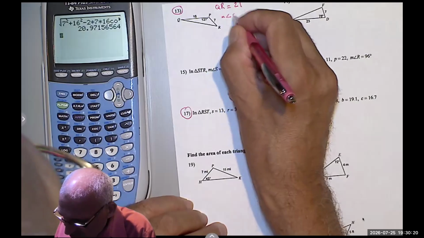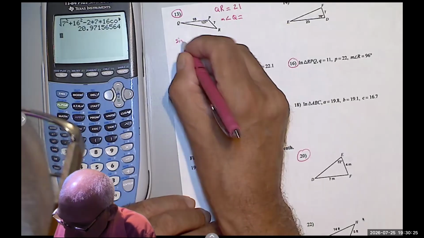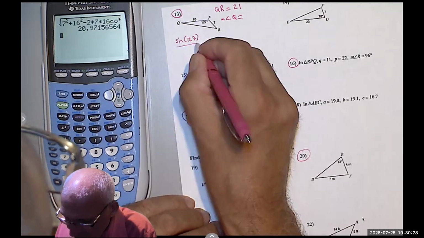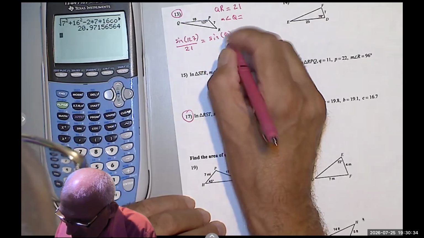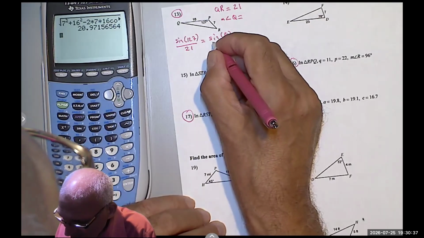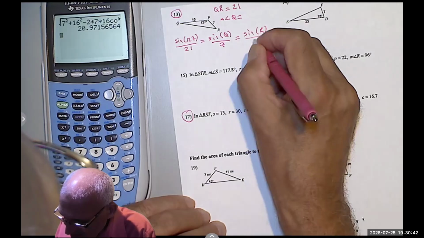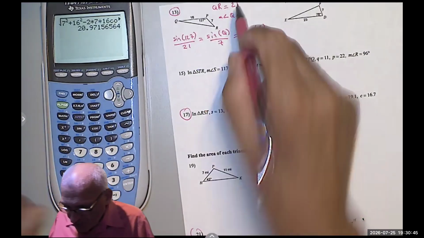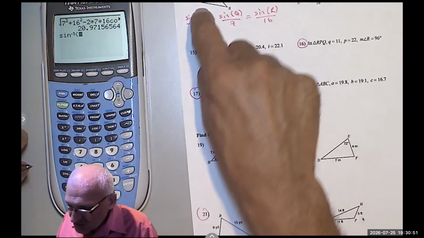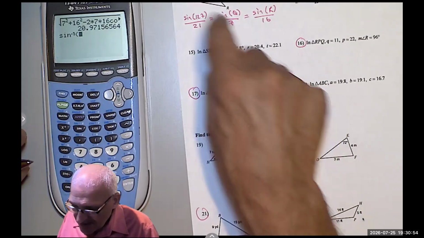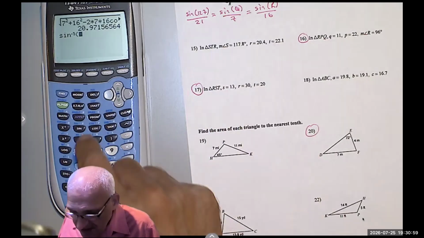Then we can say, as we did before, measure of angle Q equals, we get sine 127 over 21 equals sine Q over 7 equals sine R over 16. So to get the angle Q, I'm going to say inverse sine of this times this, or angle Q, yes. This times this over that. 7 over 21 is 1/3. So I can simply say sine of